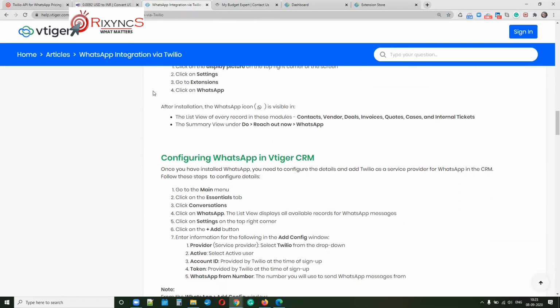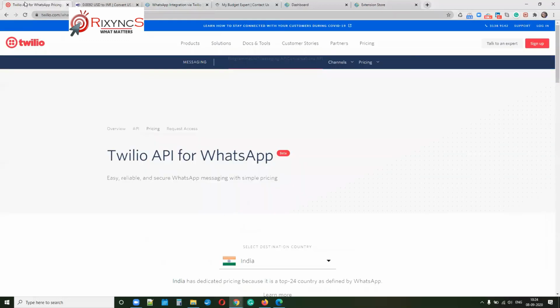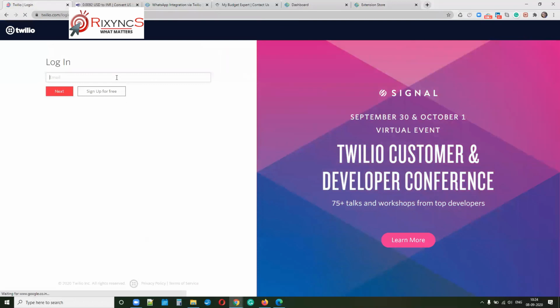Before that, you also have to have a template from Twilio. I have logged in here, this is my login. I'll show you how it is. You can also use VoIP on this. The click to call functionality of Twilio can be used.